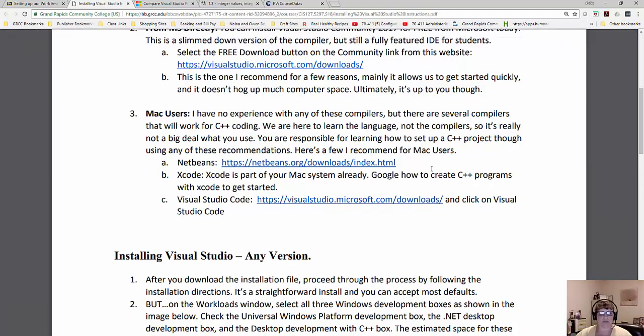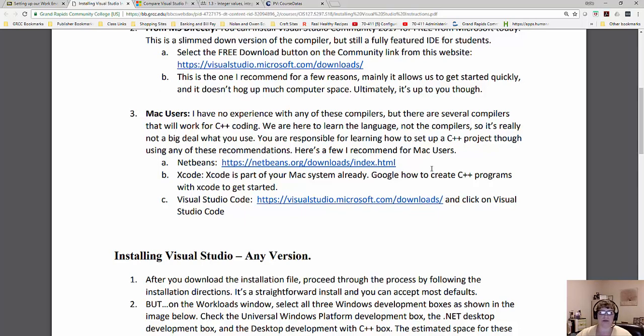I did read some resources, and it looks pretty easy. Again, our code is going to be the same. Just how you set up your compiler and you set up your programs are going to be different than how we set ours up using Visual Studio. If you're a Mac user, you're responsible for figuring out how to set up a C++ program with one of these other compilers.